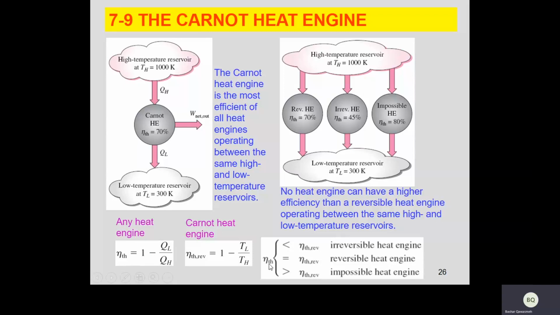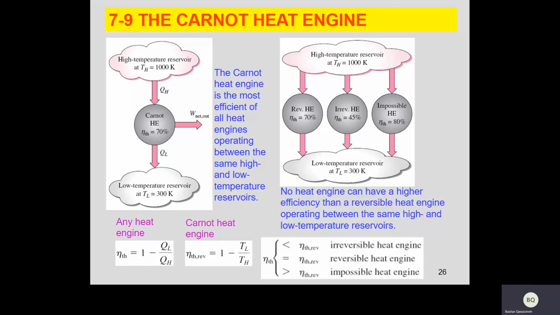The facts about the thermal efficiency in general: it has two possible options, while the third option is impossible. The first option is to be less than the thermal efficiency of a reversible heat engine acting between the same two thermal reservoirs, and in this case the heat engine is considered irreversible. Or it equals the thermal efficiency of a reversible heat engine, and in this case, according to Carnot principles, it's a reversible heat engine. Or it's greater than the thermal efficiency of a reversible heat engine. In this case, it's impossible.